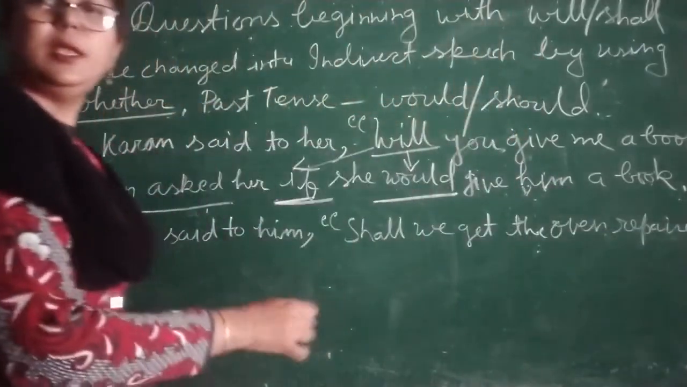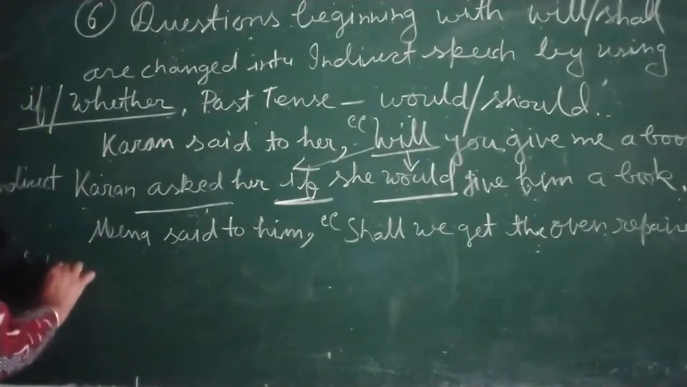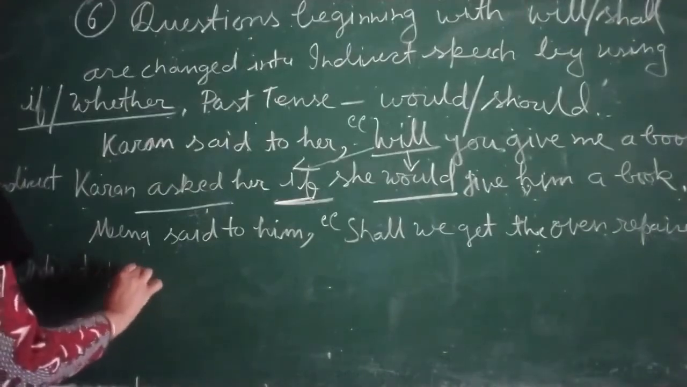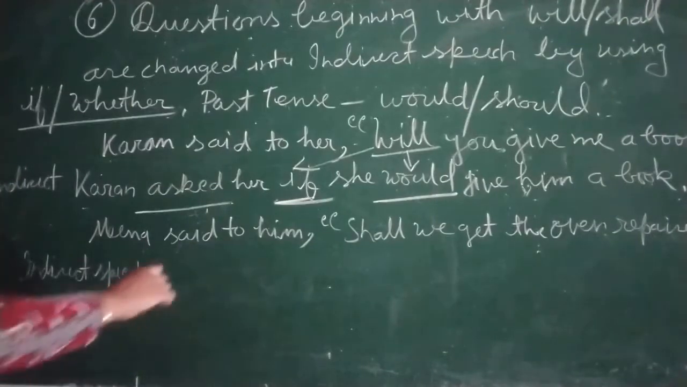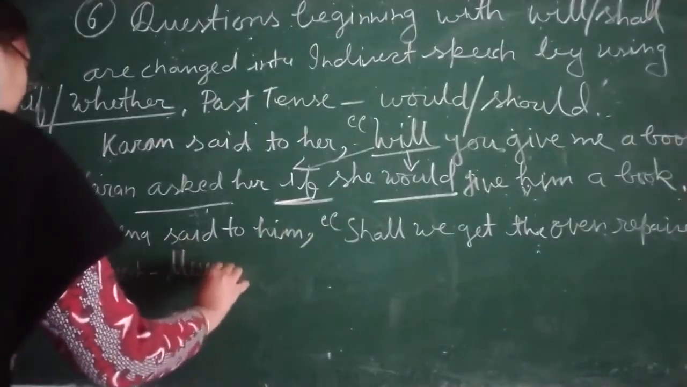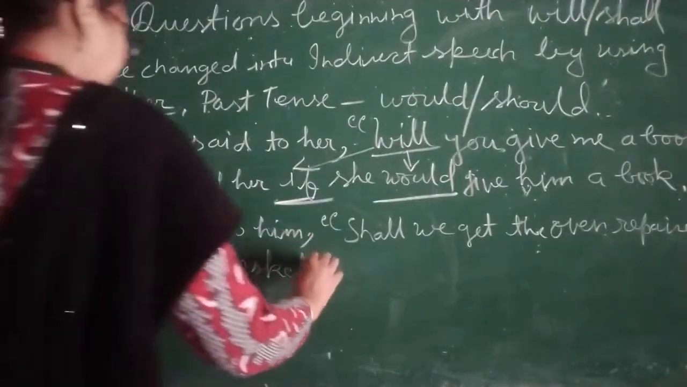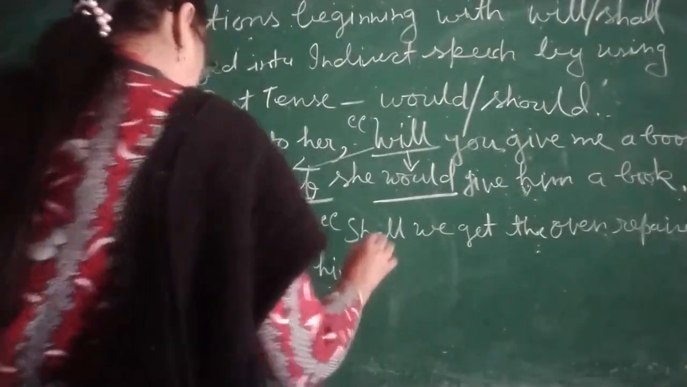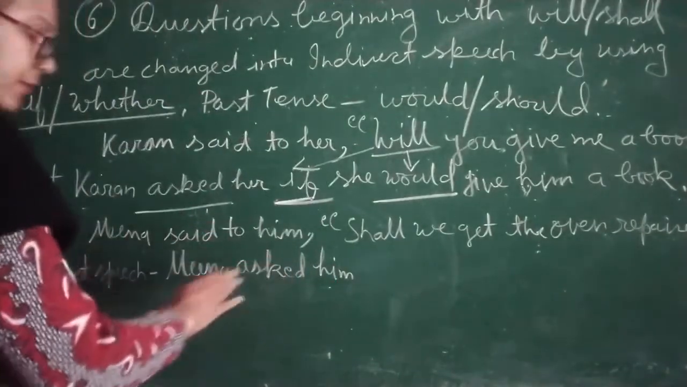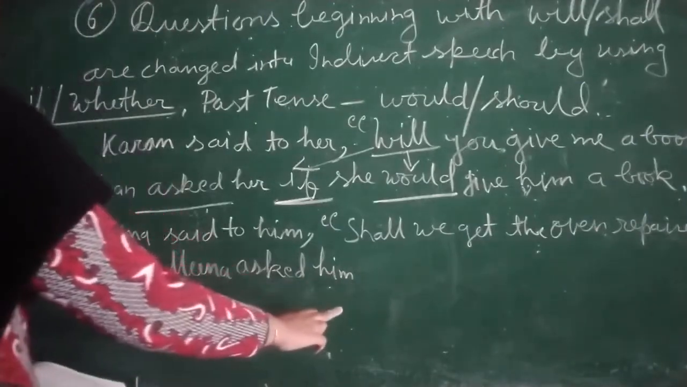Okay. Now we will write in the indirect speech. Indirect speech, that is, Meena asked him. After that what we will do? Here what we are going to change, children? So Meena asked him,